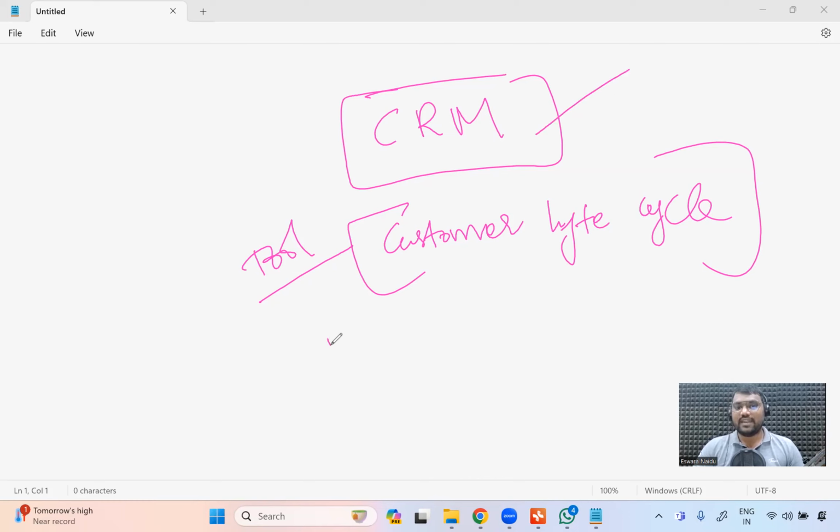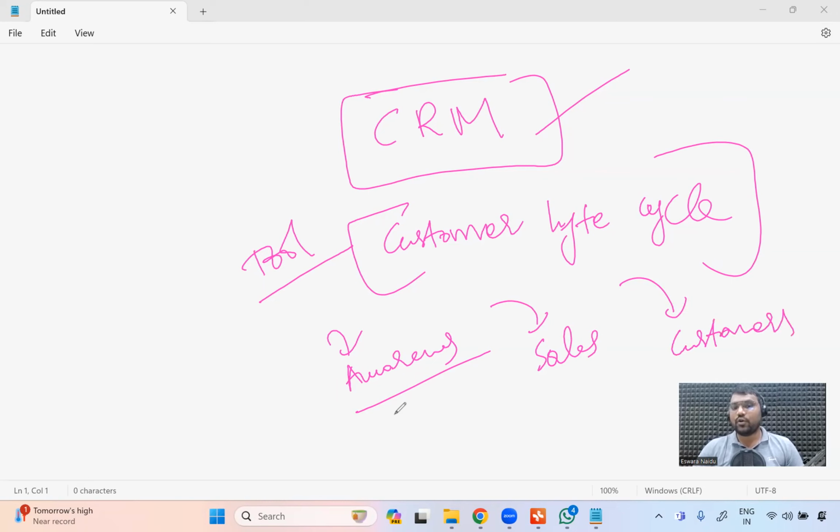Starting from reaching out to your business, once that awareness is done, they reached out to your business, and then you have done some sort of sales. After that, once they purchase your product, they reach out to you with some sort of customer issues and all of that. So if you are able to track the whole journey of that particular individual,